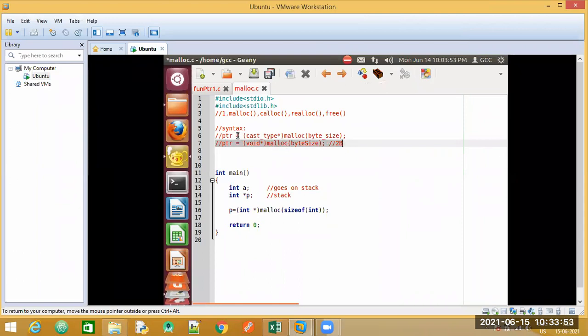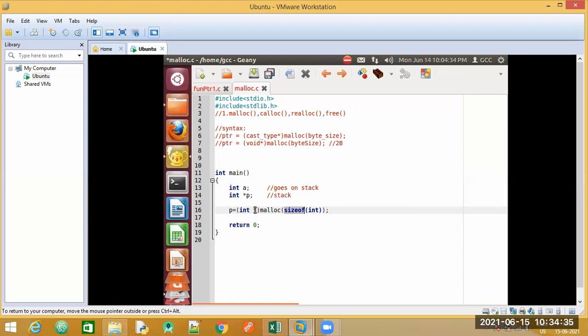Whenever we write, we will be following this particular syntax, wherein cast type is the data type that you will mention, and the size of function. Now, what is this size of function? The size of function will tell us how many bytes a particular data type takes on the computer. You know that integer takes 2 bytes. If I replace this integer with character, the size of function will tell me it takes 1 byte of memory. So the size of function tells us how much memory space a particular data type takes.